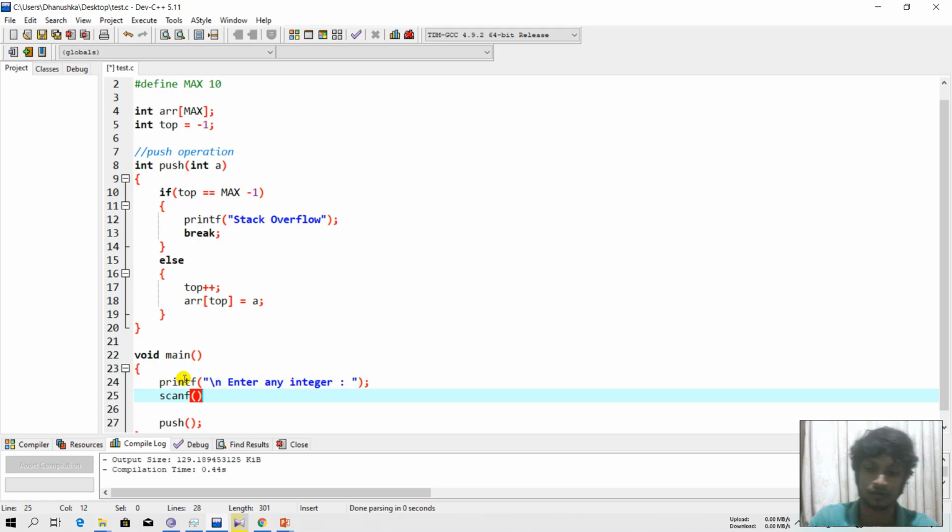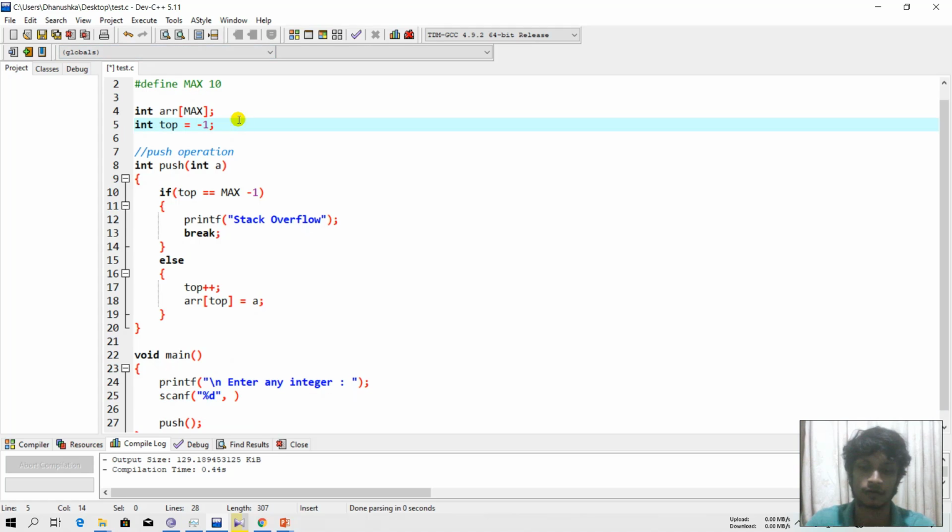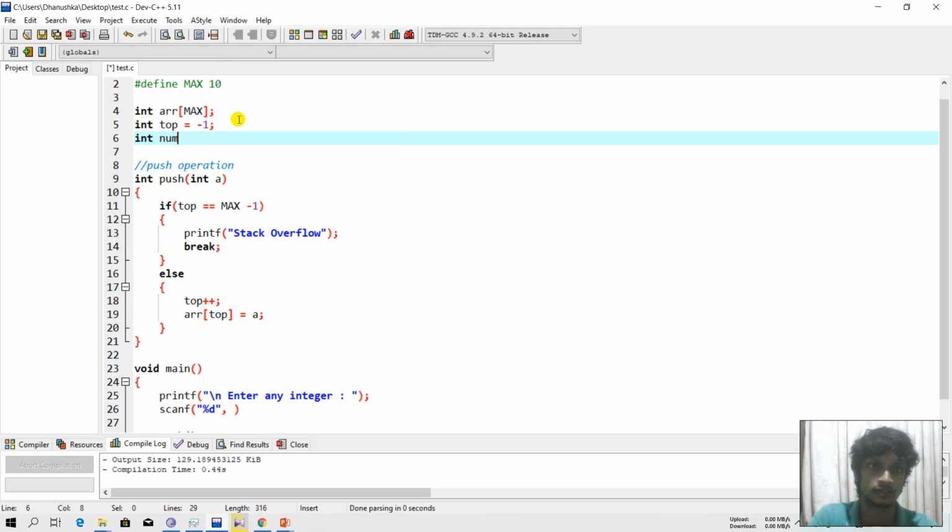So I should scan that value. If I am scanning that value, I should implement another variable to store that value. Therefore I'll define a variable like this, int num.